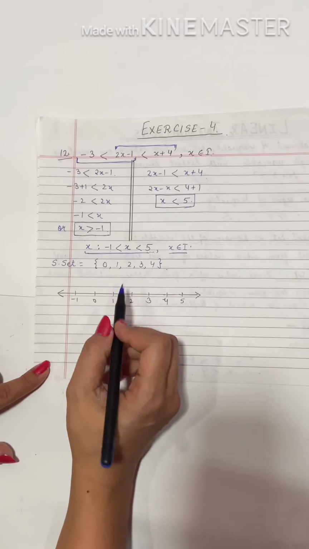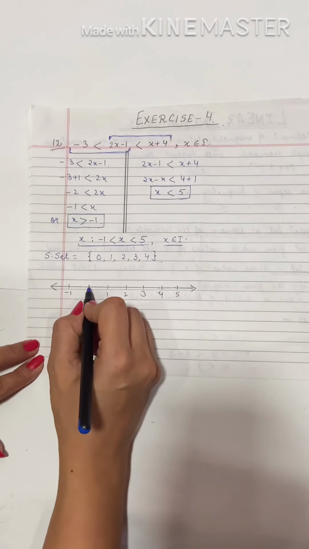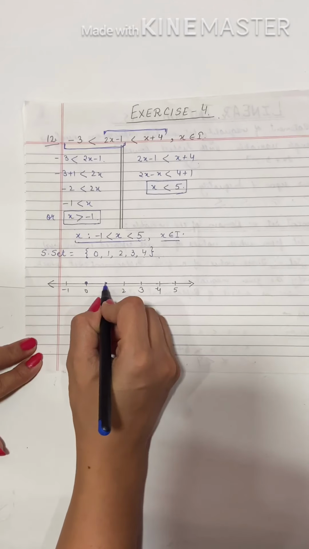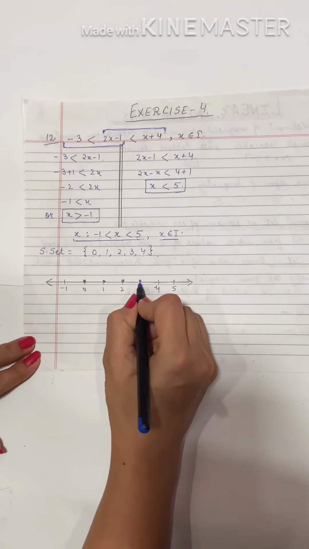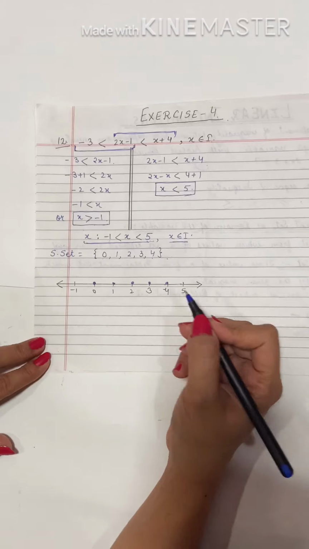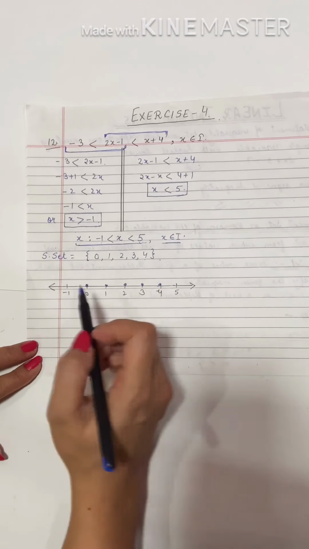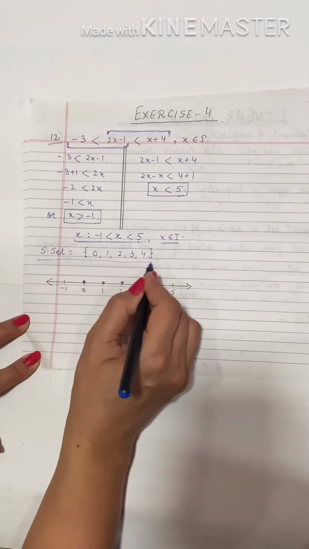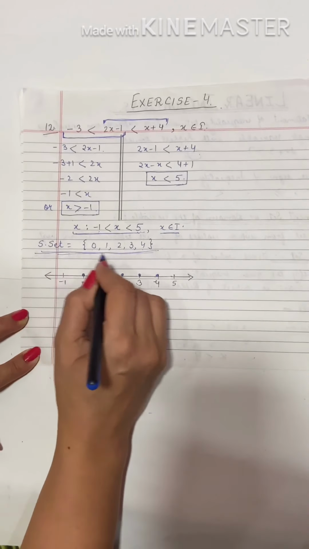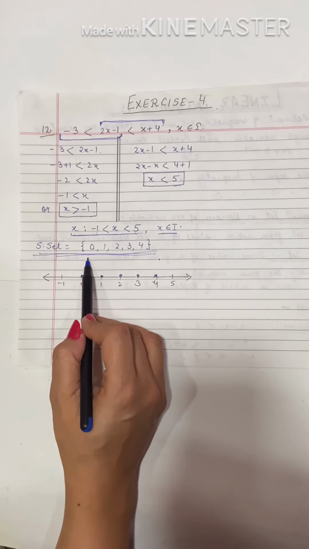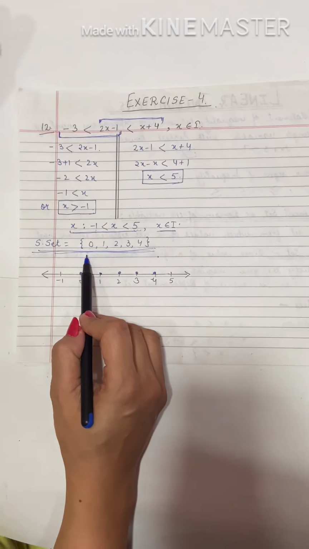And now we are going to represent it on the number line. The same representation of integers, only these particular points will be darkened. So this is the number line representation. In this, it is very important to write down the solution set. You have to give the integers which are satisfying this condition.